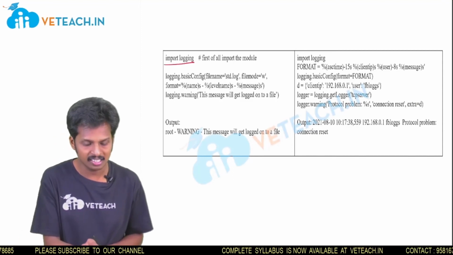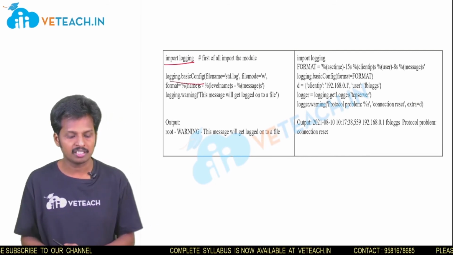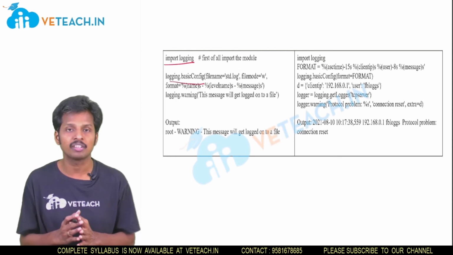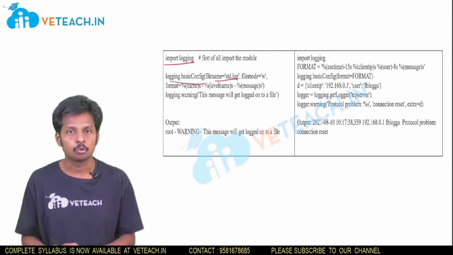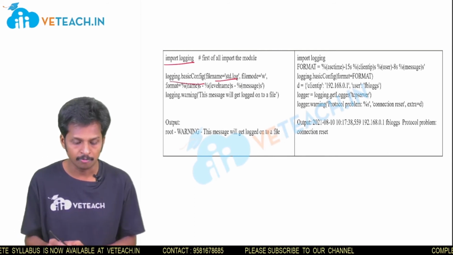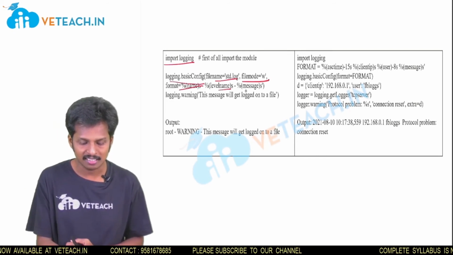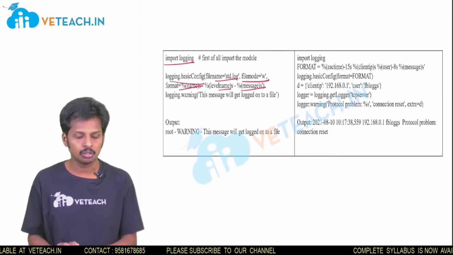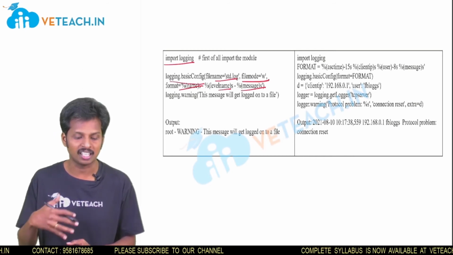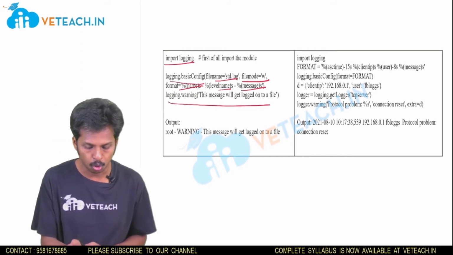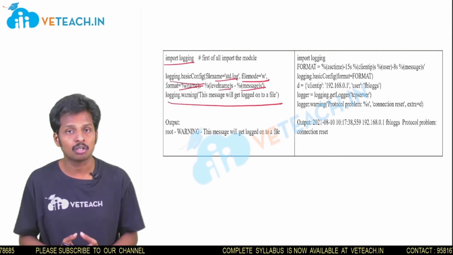The first statement we have written is import logging and then logging.basicConfig. What we are doing here is making use of basicConfig, which is going to construct a log file with the filename std.log, and the file will be opened in the write mode, and the format is name, levelname and message. So we are going to construct a log file with the method known as basicConfig and then we are going to write the contents to this file, and with logging.warning this message will be logged to the file.